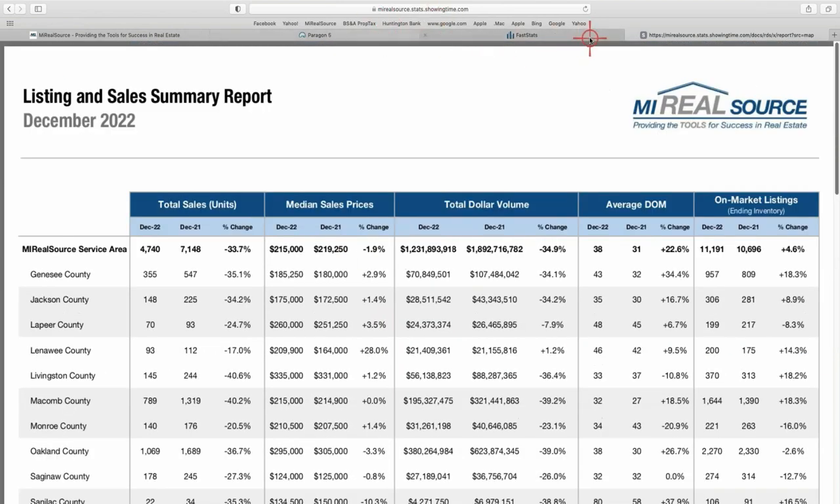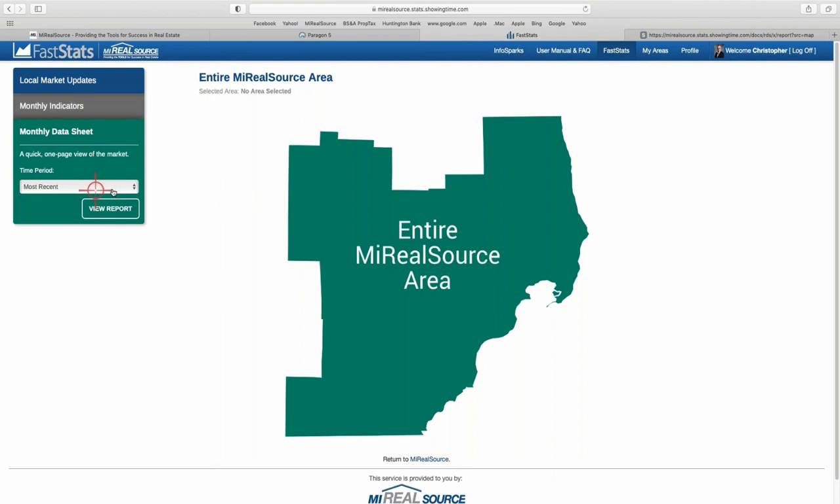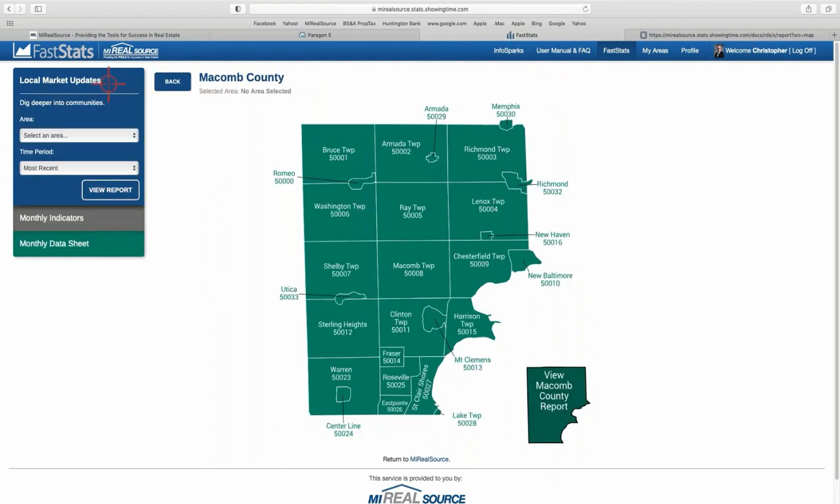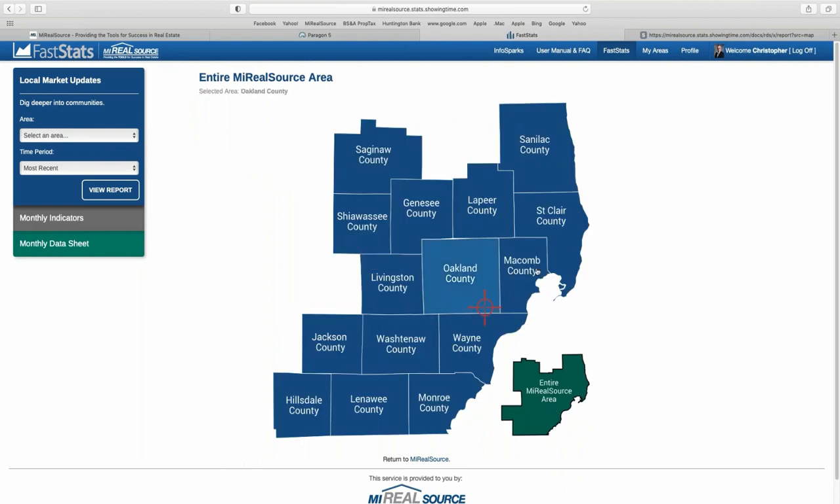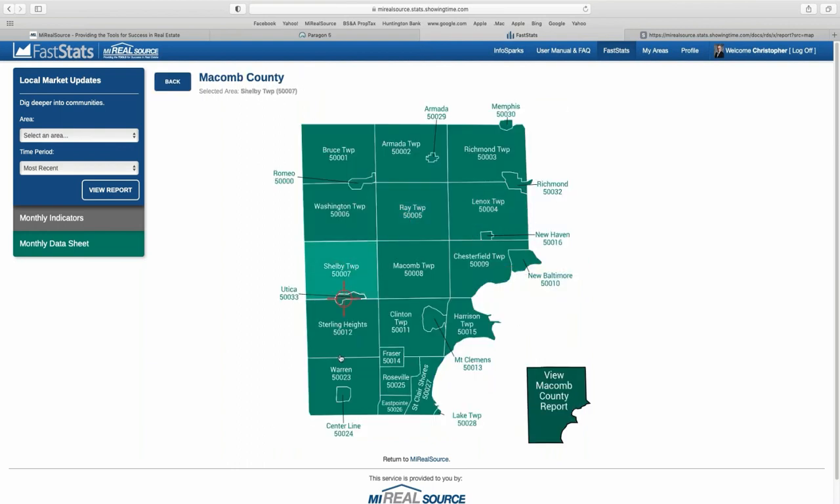Go back here to FastStats. So again, that's under FastStats. We have the local market update. This is the report I use the most. I use market update quite a bit. Taking you back takes you to the overall area. You can do the entire MLS area like we did for the other reports if you want, or you can select the individual counties and then the individual municipalities within those counties. Again, it's a great tool to include the page in your CMAs if you're doing it, or just to know the information